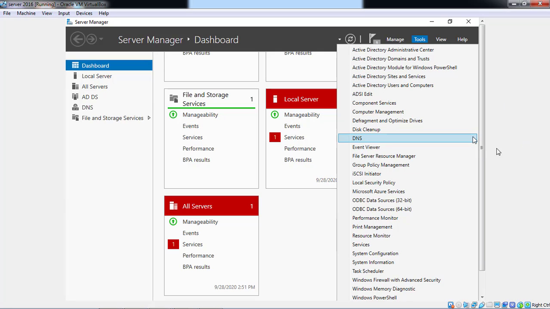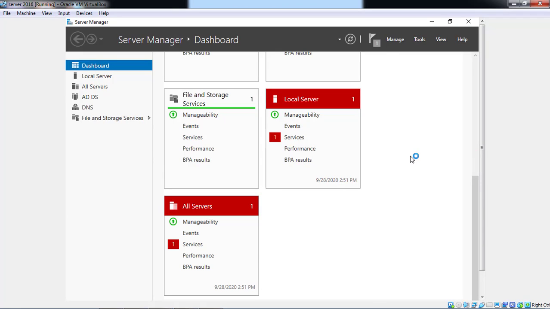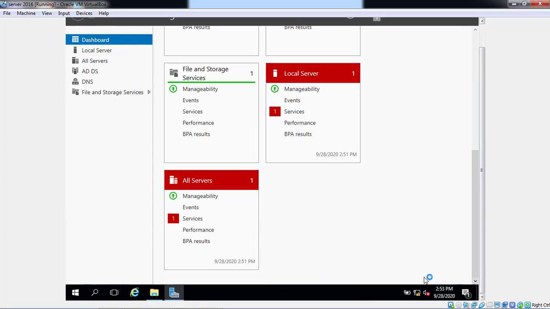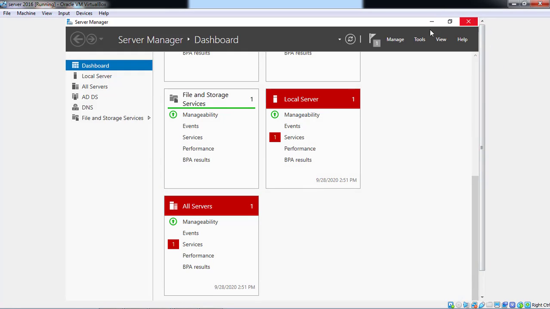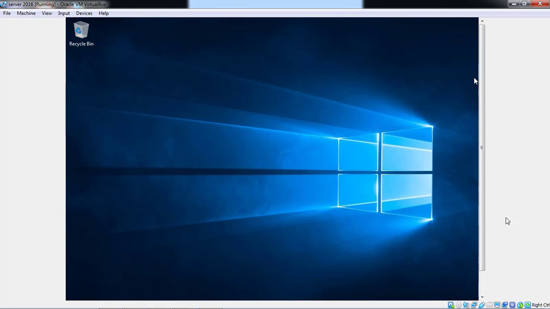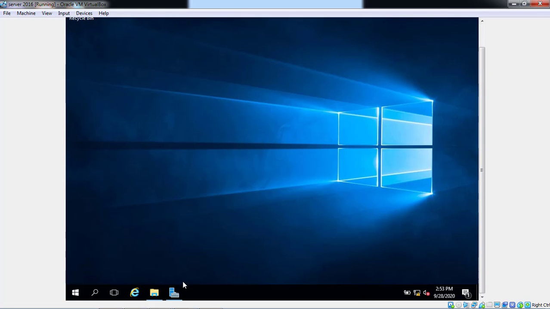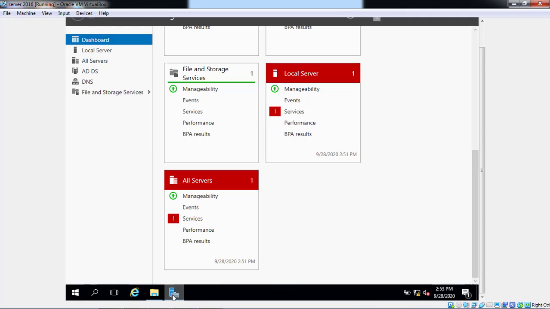Friends, now we can see the role has been installed. Click on File Server Resource Manager. It takes some time because the role is recently installed.